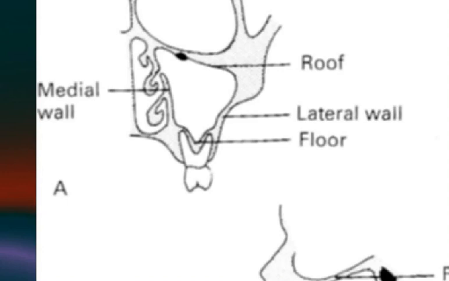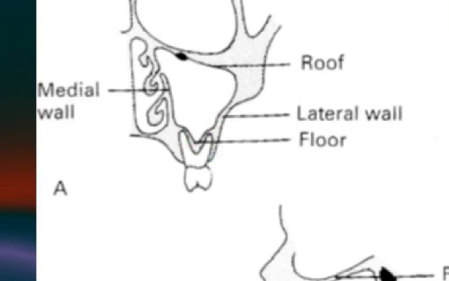This maxillary sinus is a hollow area. It has a lining membrane, which is the respiratory epithelium,